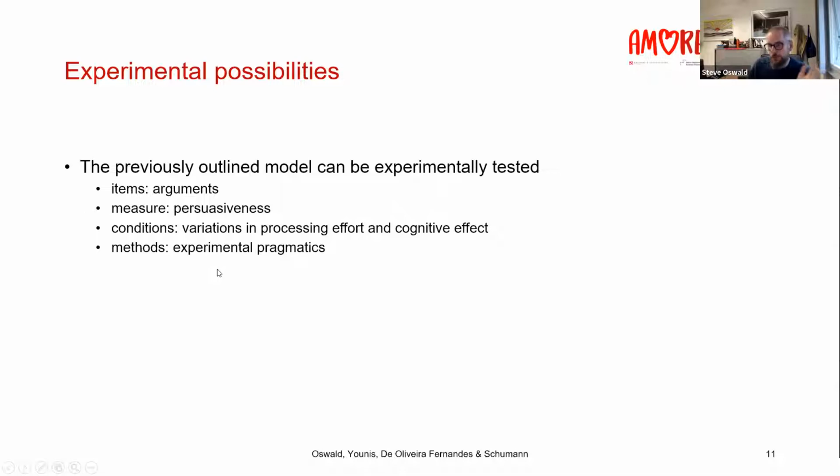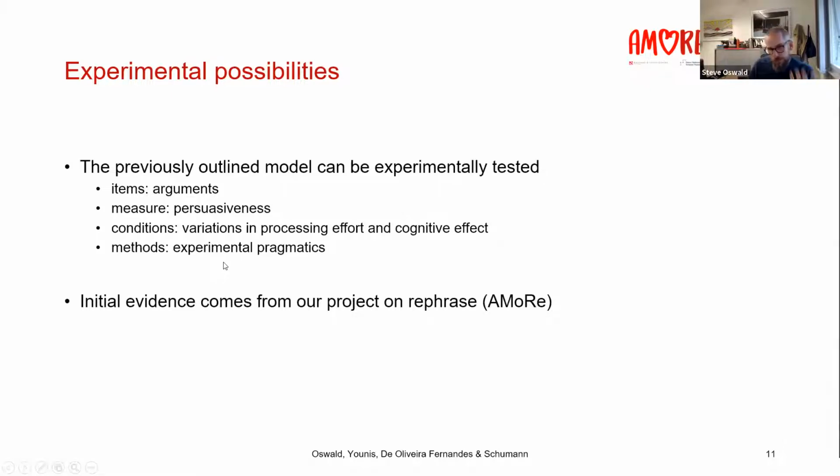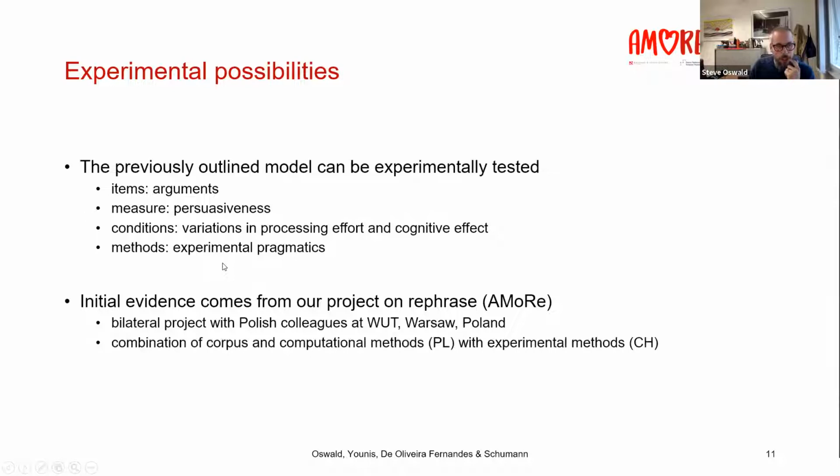And we use classical methods in experimental pragmatics. So the initial evidence I'm going to present today comes from our project on rephrase. It's a bilateral project with Polish colleagues at the Warsaw University of Technology. And in that project, which is not only RT based, we combine corpus and computational methods with experimental methods to